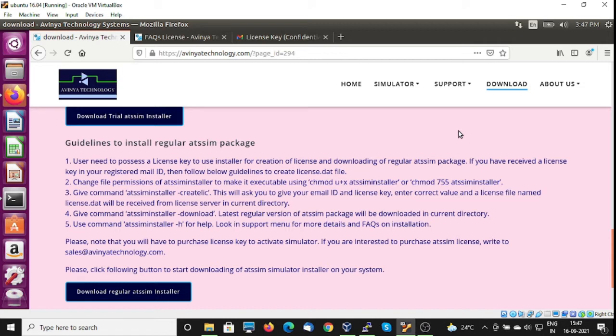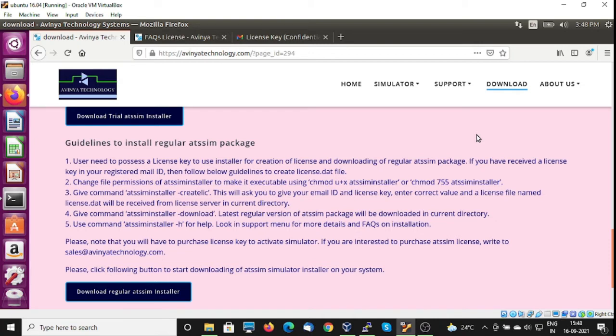Before starting to download the ATSM package, the user needs to either purchase an activation key or license key for this software, or if it is distributed freely under some evaluation arrangement, then he needs to have the activation key with him.